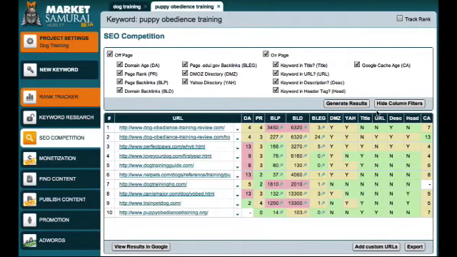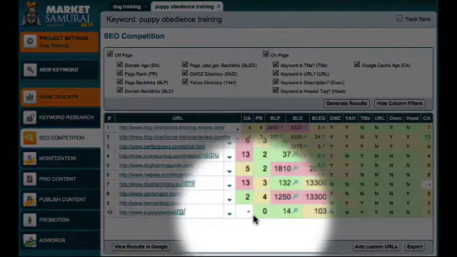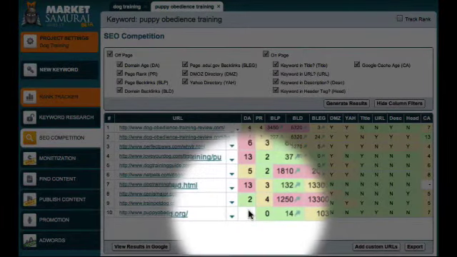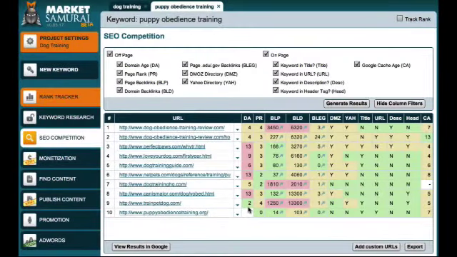In assessing this SEO matrix, I can see that none of these websites has been completely optimized for the phrase Puppy Obedience Training, and this is generally a good sign. I can also see that there's some relatively new sites making it into the top 10. Therefore, my gut feel when looking at this SEO matrix is that if I developed a great website with good quality articles targeting my theme and category keywords, I would have a reasonable chance of making it onto the front